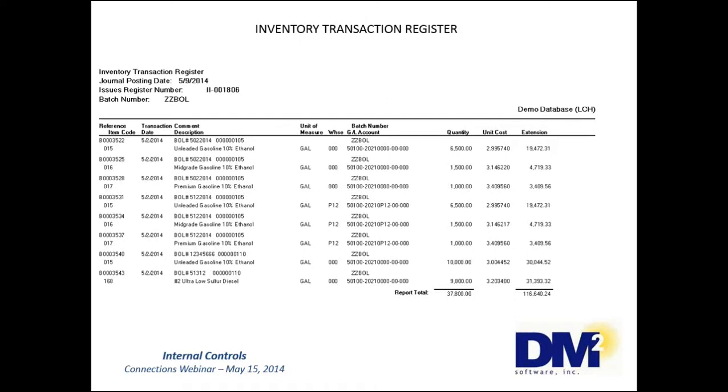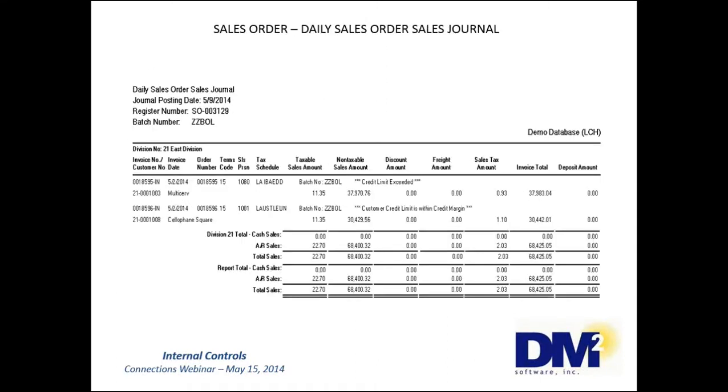It's also important to verify that your inventory warehouses are correct. If you're distributing fuel to your company-owned warehouses, you want to make sure you remember to distribute the fuel to the correct warehouse. This report provides you with one more double check that you have entered your bill of lading information correctly. On the next slide, you will see that we have moved directly on to our sales order journal.